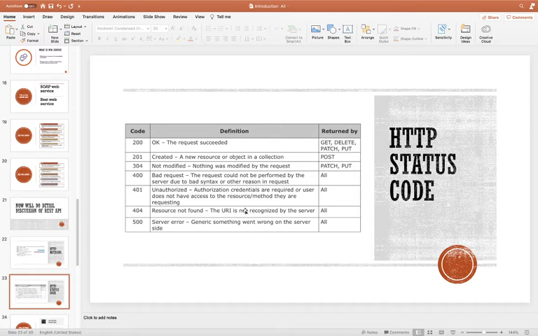Okay, and when that API is not available, or you can say there is some critical error, in that case you will get 500 in case of critical error. So we have done a very theoretical discussion about API. So now I will show one demo API that I have created in my local. Okay, so you will be more clear when you see that.